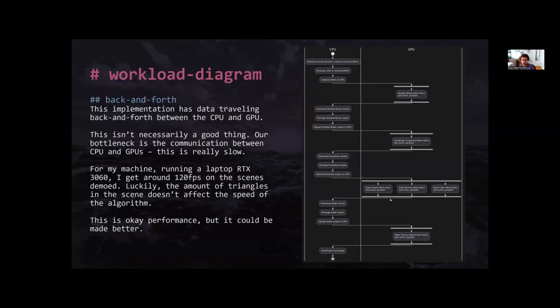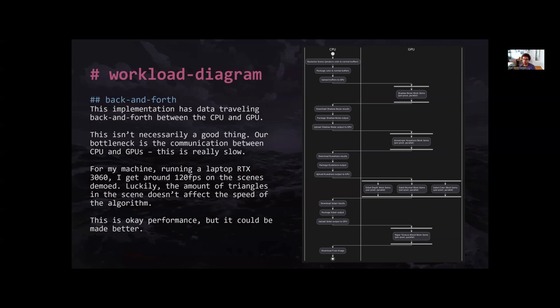The workload here ends up bouncing back and forth between the CPU and GPU, which is not necessarily a good thing. In modern computers, the bottleneck is the communication between the CPU and the GPU. That's really slow, simply because they're really far apart compared to individual parts of the CPU or GPU. But it's okay. For my machine, which has a laptop RTX 3060, I got like 120 FPS on